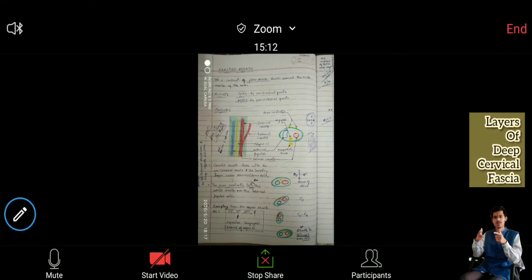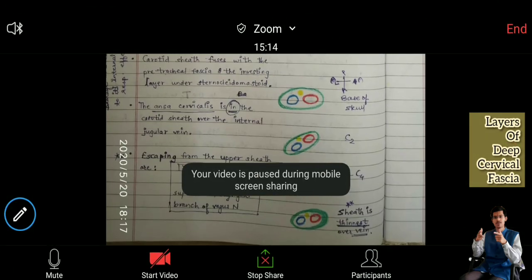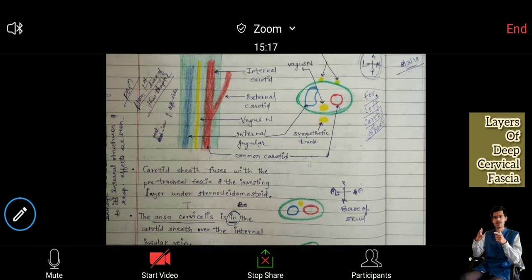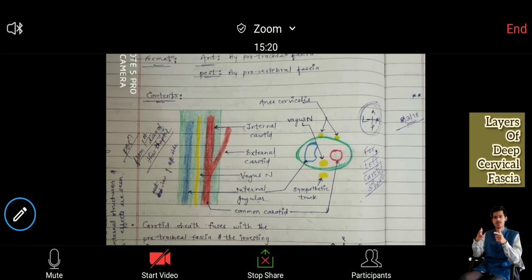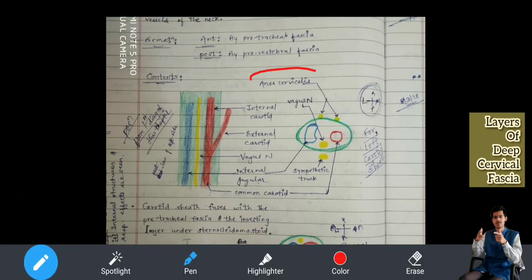So see this diagram. Now you can see there is a structure called the ansa cervicalis. This I did not tell you. I will color it. This is the ansa cervicalis. There is a different lecture assigned for this. Ansa cervicalis is formed from the hypoglossal nerve, the 12th cranial nerve, and from the cervical plexus of nerves. How it is formed and what its function is, we will see in a separate talk. But it lies on this carotid sheath. This you need to understand.